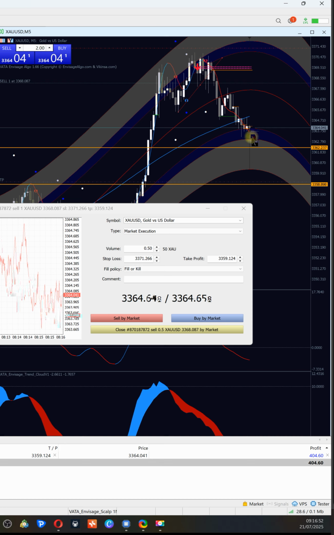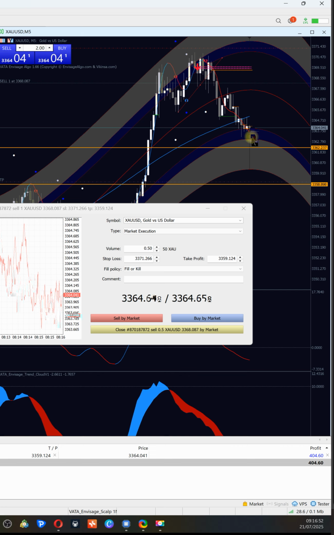So as soon as the market touches TP2, I'm gonna close half of the position, move my stop loss to break even, and maybe actively start moving my stop loss to lock in the profits. But that will be the end of this trading session. And we'll see if I find any better opportunities in New York session. For now, this is still struggling, and let's see how it plays out.